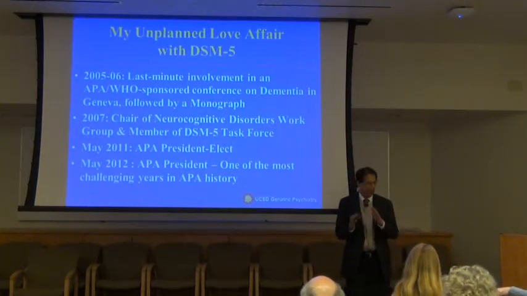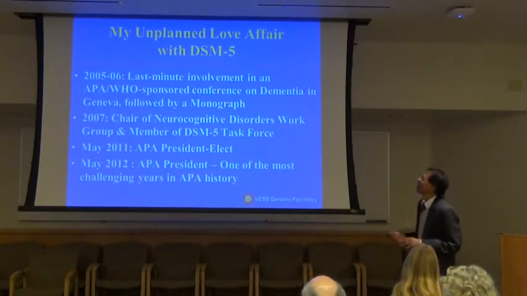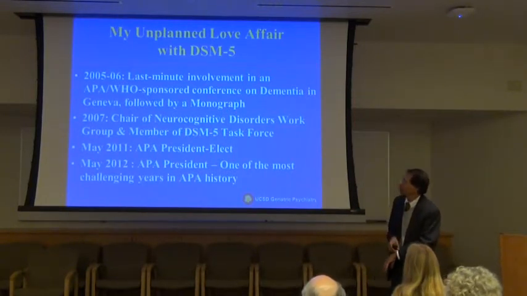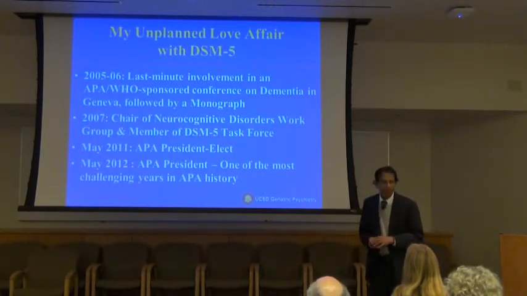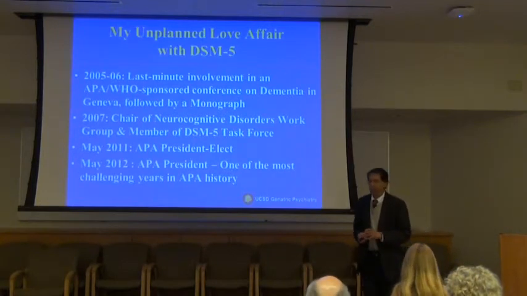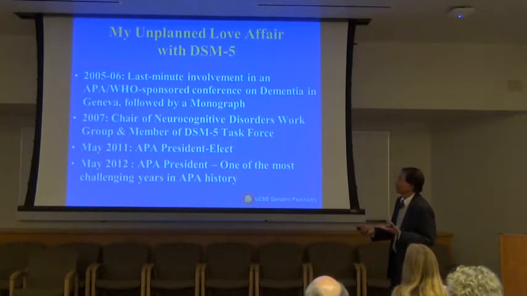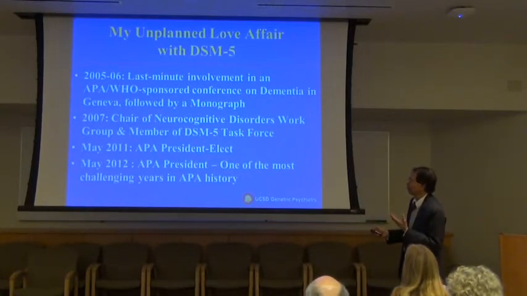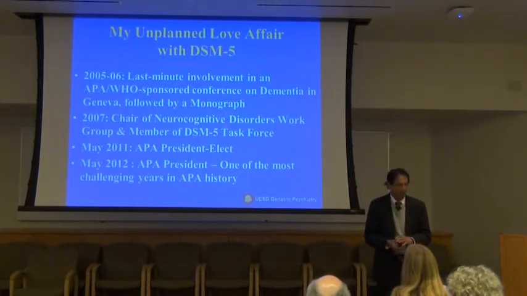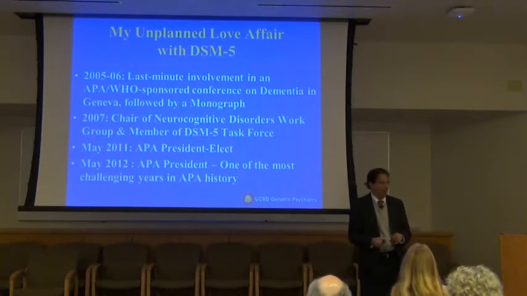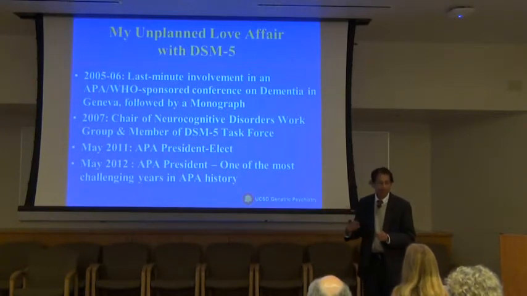Okay. So, my unplanned love affair with DSM-5: I had no interest in getting involved in DSM-5. I was not involved in DSM-3 or 4. I was leading a happy life. What happened was that APA had scheduled an international conference on dementia. The chair of the conference couldn't do it because something happened, and so I was asked to do that. Then one thing led to another, and it resulted in monographs. So when they appointed the work group, I was appointed as chair and member of the task force. In the beginning I said, oh, this is great, a nice honor, and we'll be done with the review in a couple of years. And that's the time when we started hearing all this criticism.